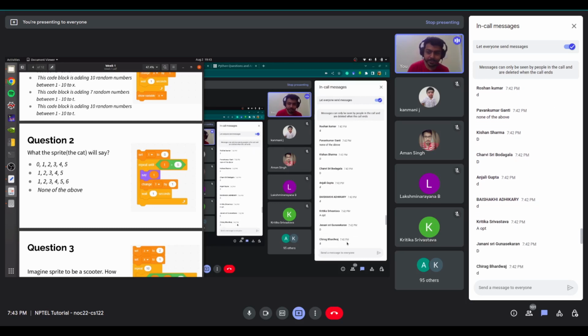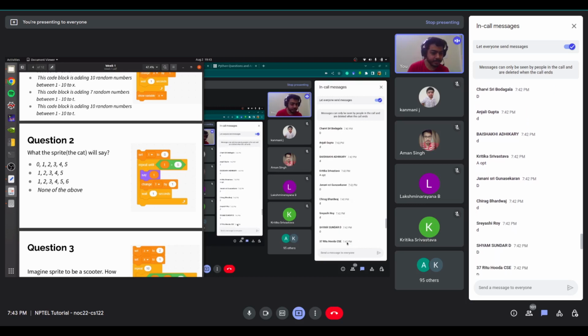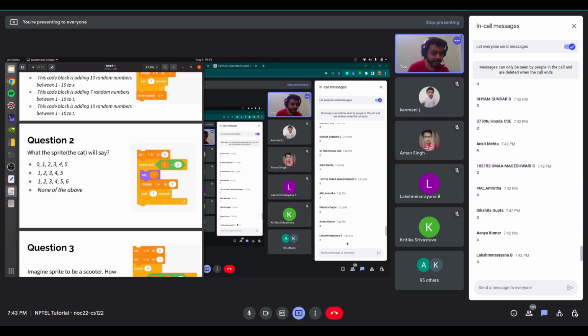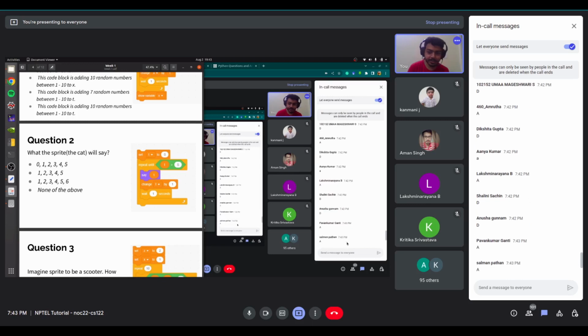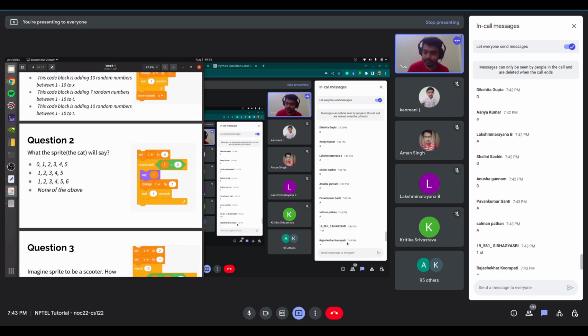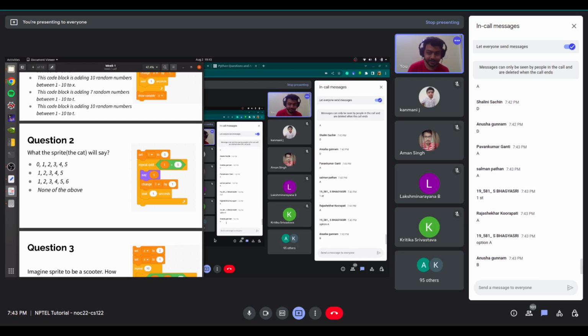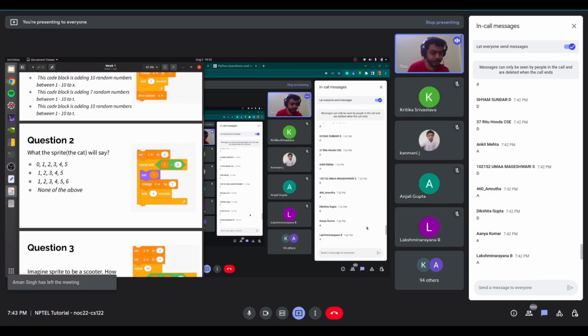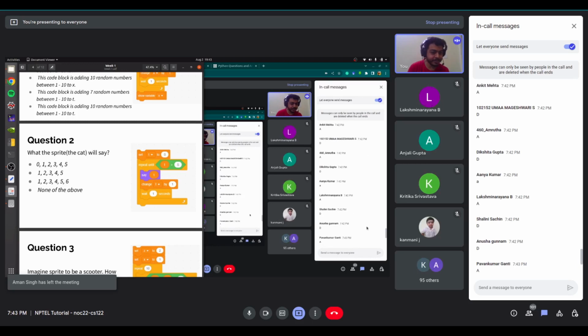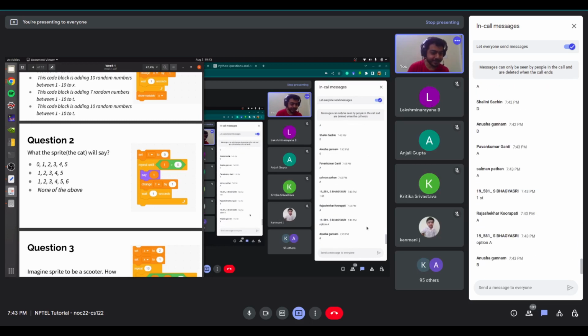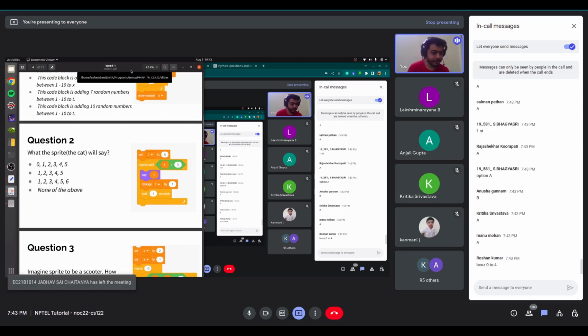Many people have said D, some have said A. D is none of the above. Why none of the above? Quite a lot of people have given option D, but I don't know why. Quite a few have given A and some have given B also.